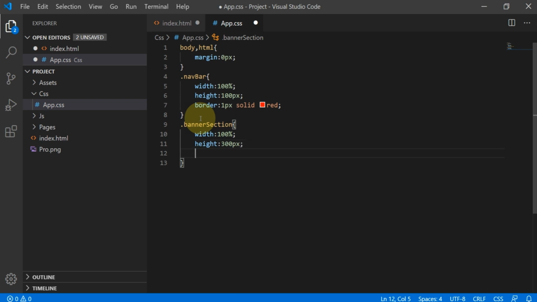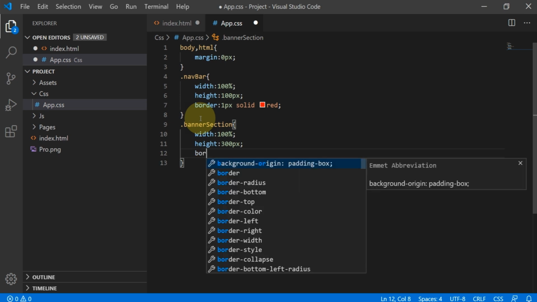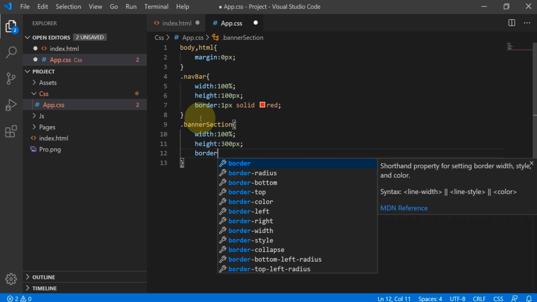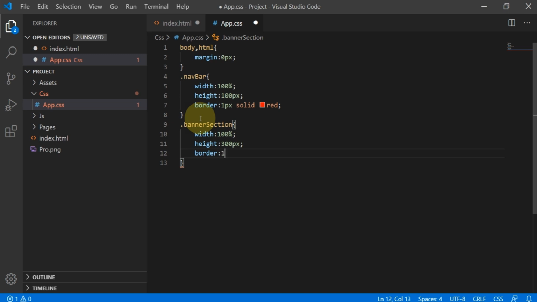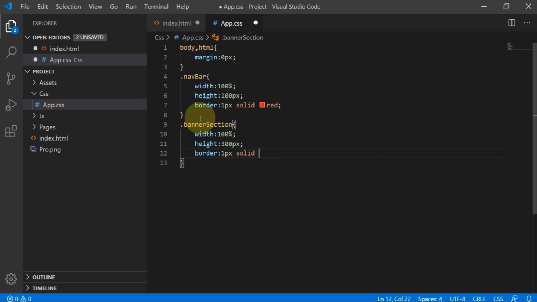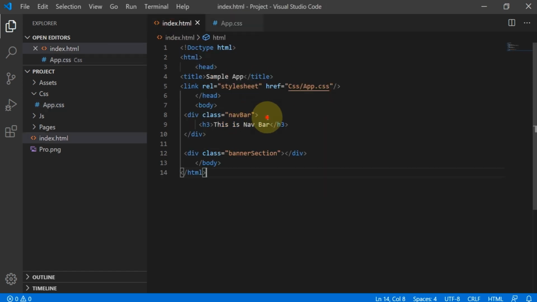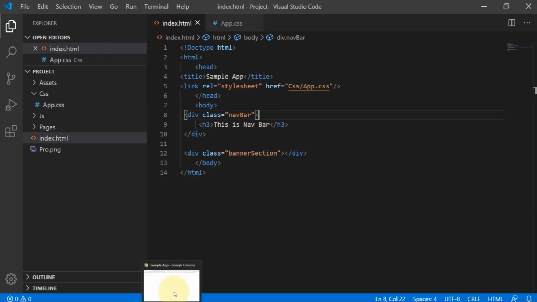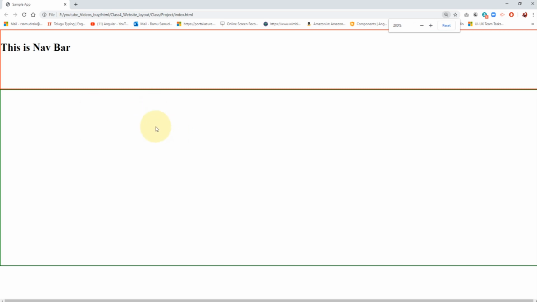Next I am giving a border to show you: border 1 pixel solid green. It came.